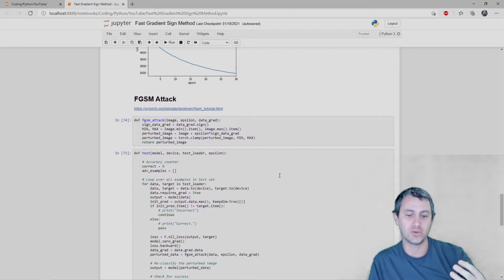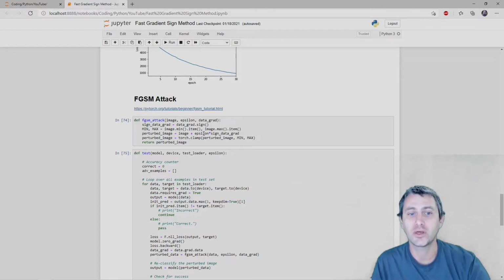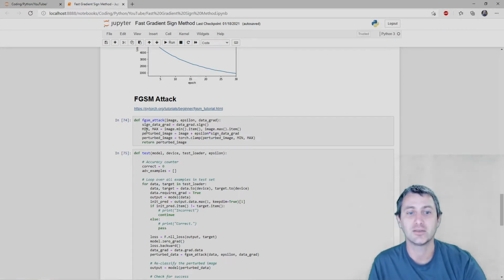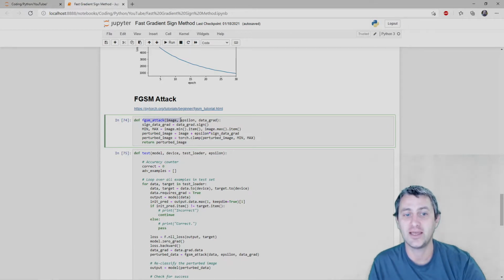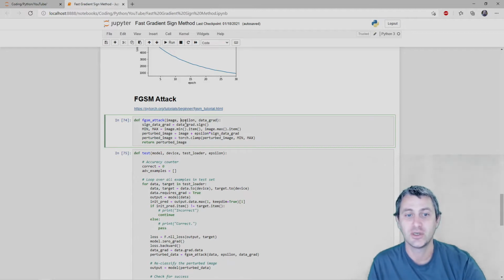We want to become an adversary and see if we can break the model in a sense. So we're going to use what's called the fast gradient sign method. Now you can go to pytorch.org and then in their tutorials there's an FGSM tutorial. So what we're going to do is define the FGSM attack as a function which takes in an image and